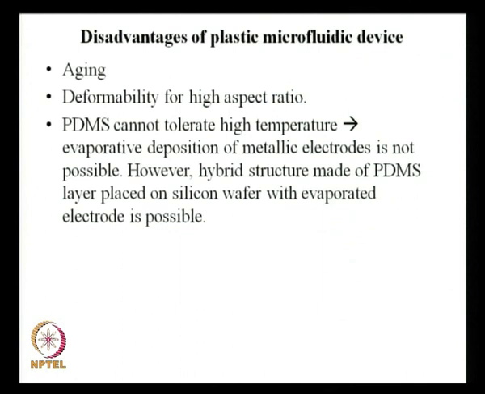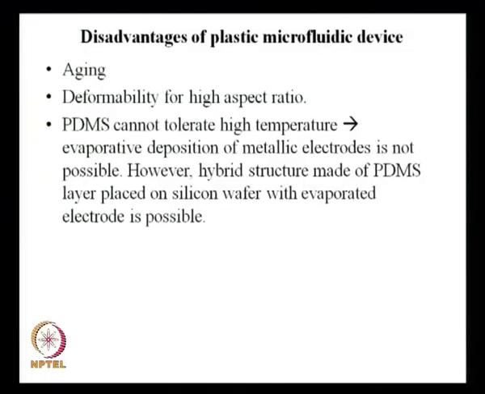That means you can have a hybrid structure comprising both silicon and PDMS, so that you can take the benefit of both substrates. Silicon gives you robustness, and helps you in doing the deposition of electrode material or whatever you want. On the other hand, you need the properties of a plastic device, for example, surface property, hydrophilic, hydrophobic orientations, etc. So, that can be arranged by using the